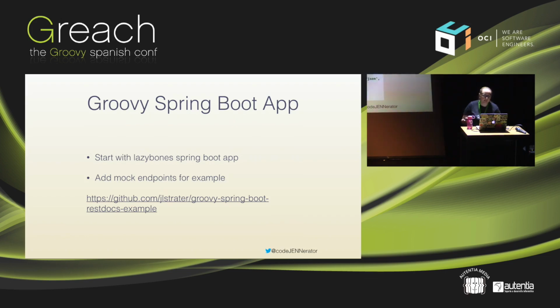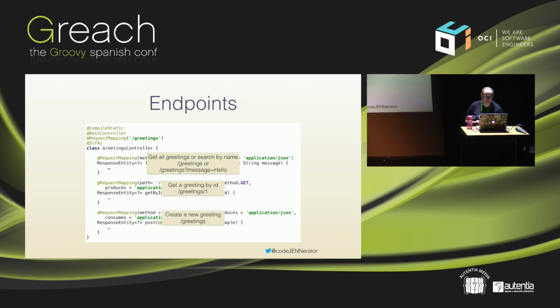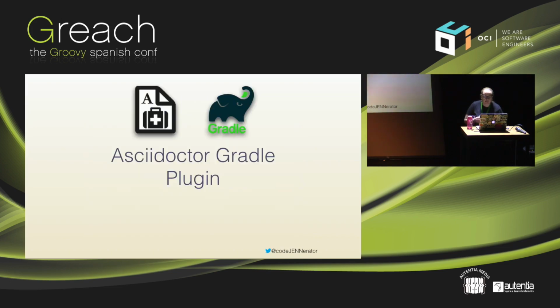Okay. So this is a little bit of what it looks like. We have a resource that's greetings, and then you have a sample GET request, a GET by ID, and a POST. I am going about this a little bit backwards. If you're doing TDD, you of course start with your test first. But for going through this way, we started with the endpoints, then added the Asciidoctor